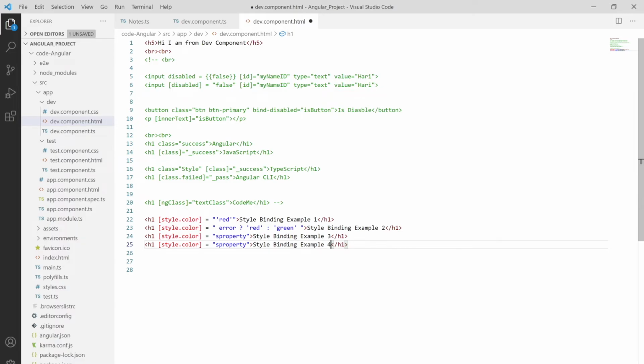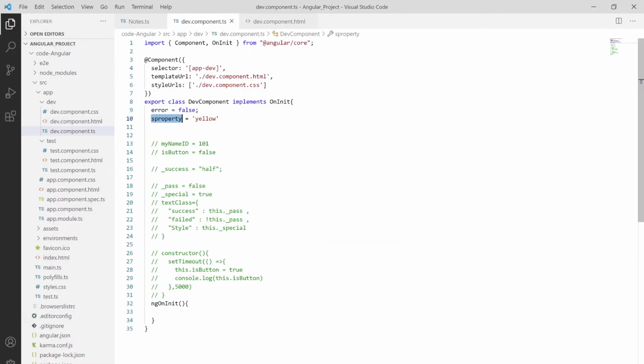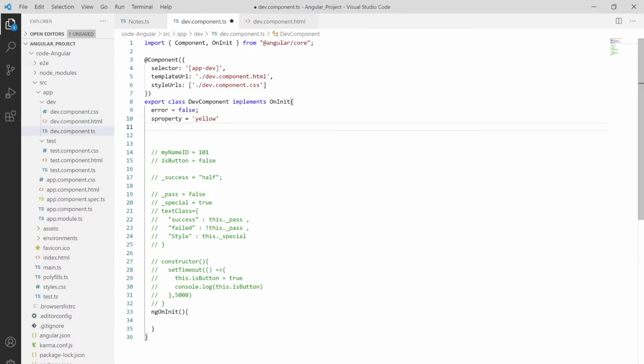We are using that ngStyle directive, and here we need to assign those properties, so I'm declaring one variable as ngBinding.